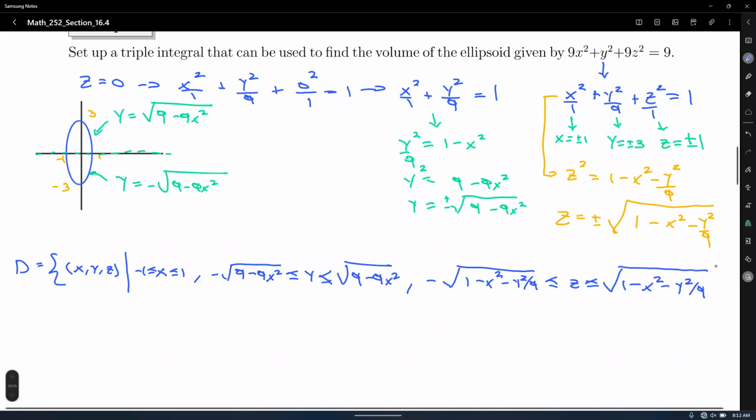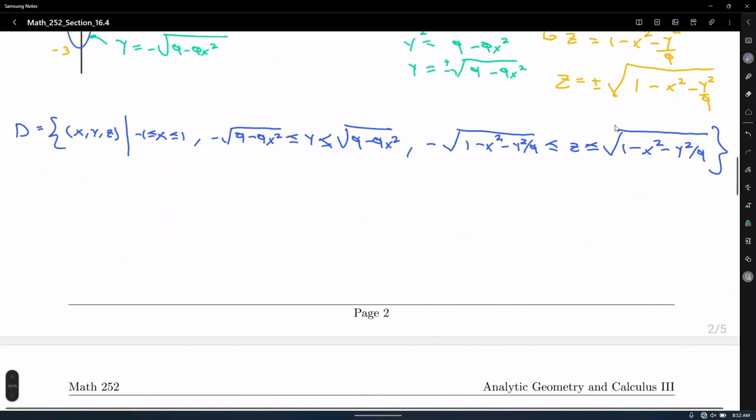So that is our domain of integration. And guys, for many situations for triple integrals, more precisely when we get to cylindrical and spherical, you won't be required to write the domain in this notation because it won't be that easy to come up with. So you will just be asked to find the domain